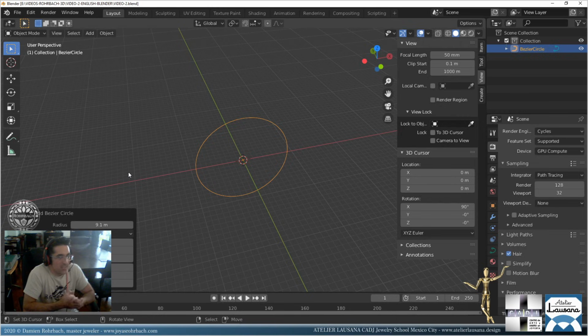So if my circle would really have a radius of 9.1 meters, that would be huge. That would be a building, basically. So we're not architects and we're not going to print buildings. We're jewelry makers and we're going to print jewels. So from experience, I can just simply tell you and make it simpler and faster that by using 9.1 meters as radius,